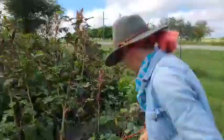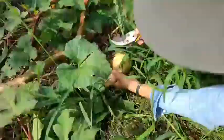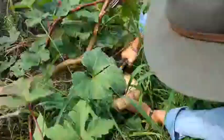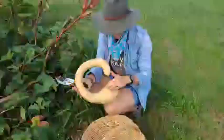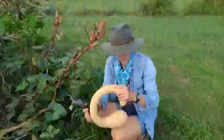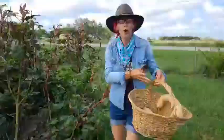But here you can see that I am still harvesting tromboncinos, and these are winterized. So you saw me harvesting the green ones this year. These are the winter ones. And one of the things that I made, in addition to that Panang curry with tromboncino in it, we used a hardened off, winterized tromboncino to make ice cream with. And it was very good. We caramelized it and then threw it in a blender with some coconut milk and some egg yolks and the pumpkin spice deliciousness, and we made some ice cream, sprinkled some honey and some pecans on top of it,